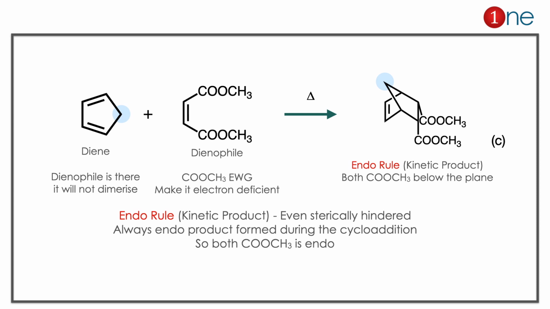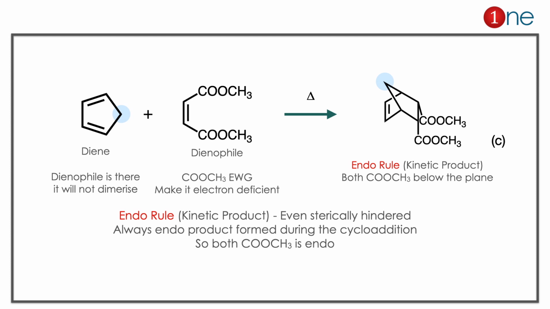The starting material you have is cyclopentadiene, which is the diene, and you have a dienophile, which is the ester there. The carbonyl withdrawing group makes it a dienophile there. So you have cycloaddition. The double bonds shift, and you have the product. According to the cycloaddition, the endo rule applies. Endo rule means the side chain always takes the endo position. It is due to the orbital orientation. It is beyond the scope of present work. So whenever you do this, you always write the product as the endo product, not exo. Even though endo is sterically hindered, the product is always endo.